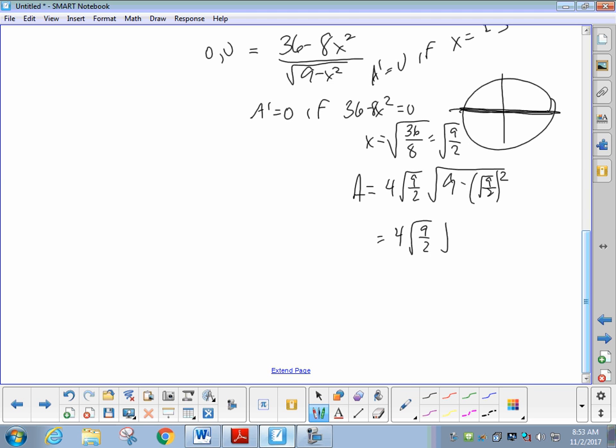That I don't really care about, but that inside is just ugly. What is that all coming out to be? 9 minus square root of 9/2 squared is just 9/2. What's 9 minus 9/2? 9/2. What's root 9/2 times root 9/2? 9/2. So what's the max area? 18 for you. Okay. Now, if they asked instead for the dimensions of the max rectangle, then you would be